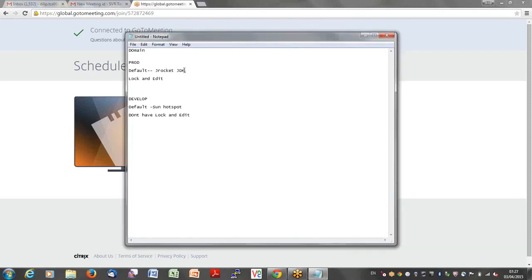Coming to the differences between the JRockit JDK and the Sun HotSpot JDK. If the JVM process is started using the JRockit JDK, the application code, suppose abc.com or an abc.jar file or whatever it is, that is the application code.